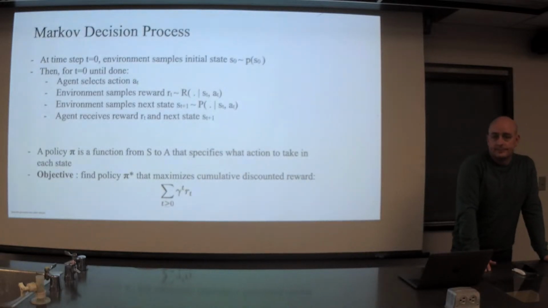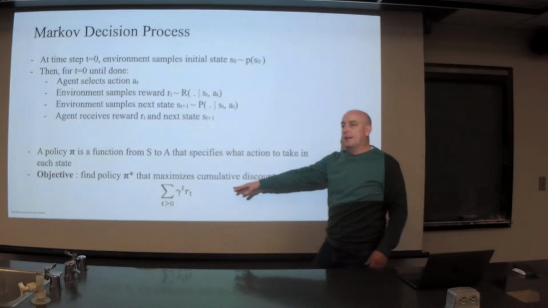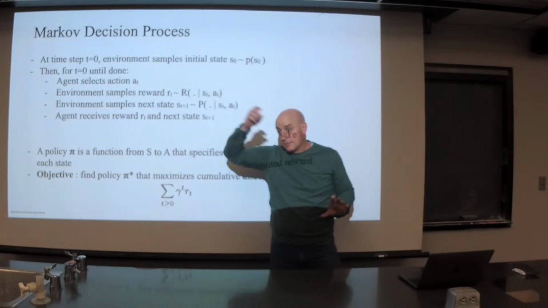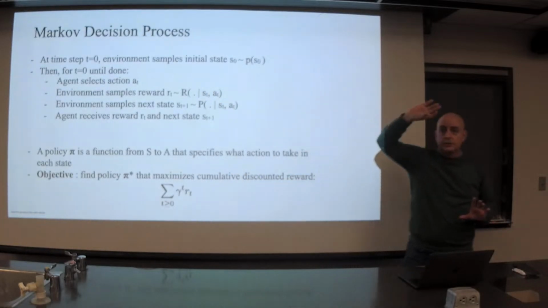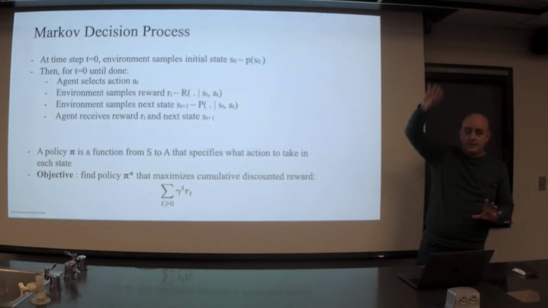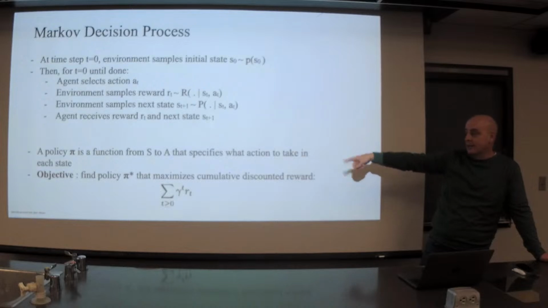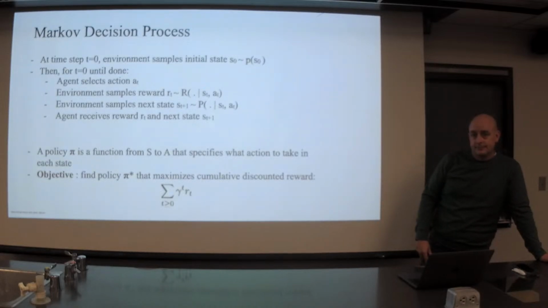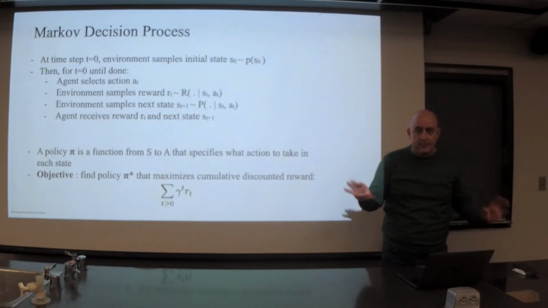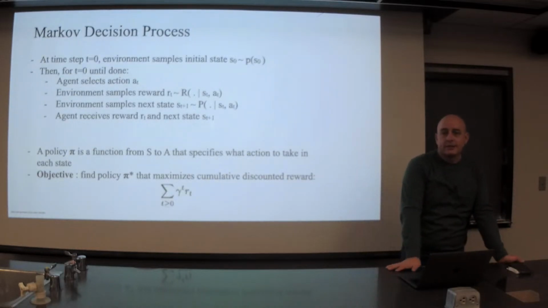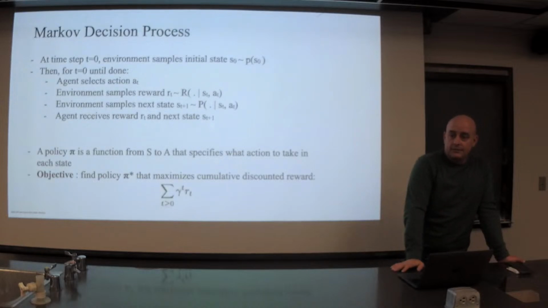It could be t times r. Yes, but that wouldn't be bounded, right? Because if you have r constant and then times t, those rewards are going to grow to infinity. So we're not going to allow for things like that. We need the rewards to be bounded so that it converges. At this point, it's all just kind of mathematical. It's like setting things up so that we can do math, even if it isn't the perfect model of how decisions are made. Good questions.